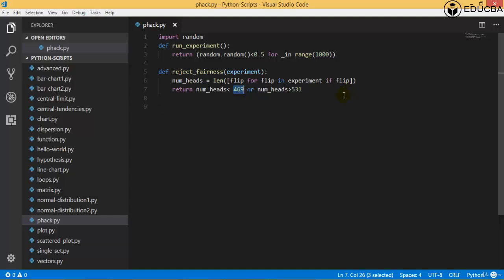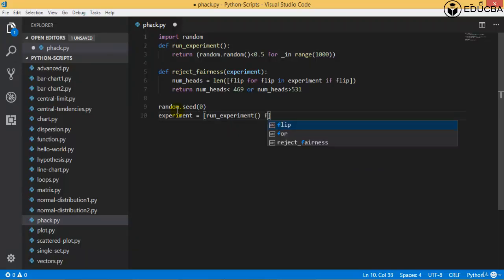After this, I'll seed the results with random.seed(0). This means it initializes my experiment from the beginning, and now it will say experiments equals an array of run_experiment() for _ in range(1000), with the value as num_rejections